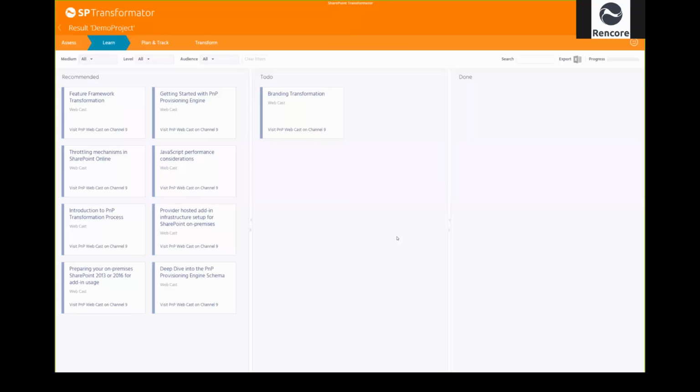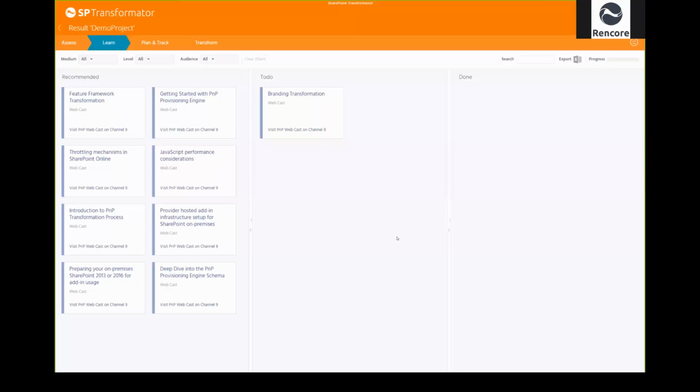What we did then is discovered dependencies between artifacts. We discovered the solutions that you have installed in your farm. We analyzed those solutions for you. They are part of the report here then. And we show you, for instance, this content type in this solution is used in that site, this site, and